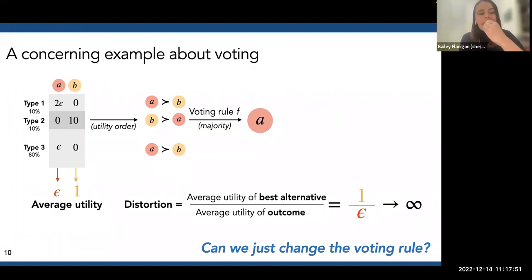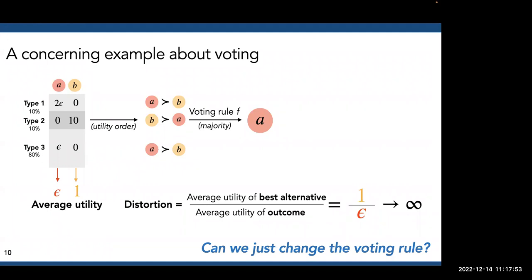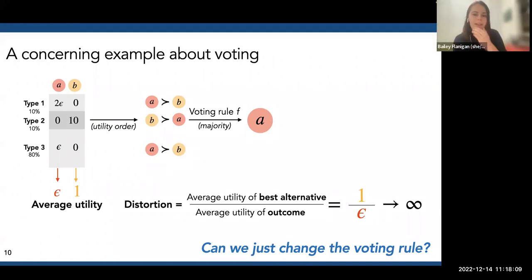Sure. But in general, if the number of voters is smaller than the number of alternatives, then with probability 1 over the number of voters, you're picking whatever is the most preferred alternative, or maybe not. Anyway, I'm not sure. I have an example in mind that makes me think that it's not actually that important.